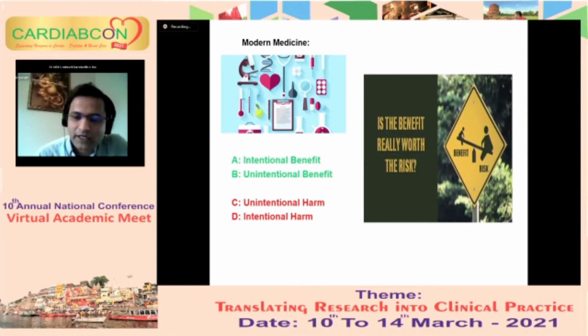Then there is harm. Intentional harm: nobody wants to harm any human being. We don't want to cause any harm. Obviously, as physicians, we try our best even to avoid unintentional harm. But is it possible to avoid unintentional harm every time? And what does it mean in modern medicine? How do we look at the Hippocratic Oath? In my view,